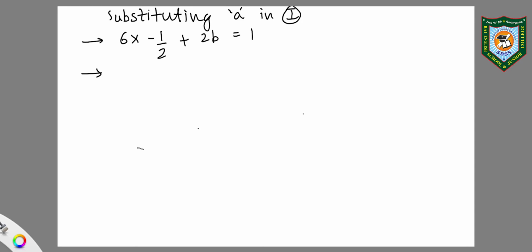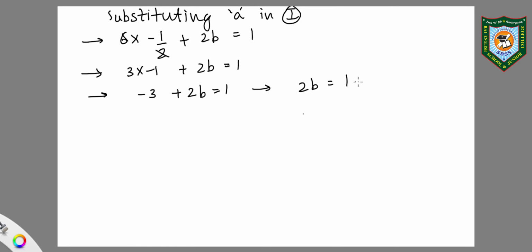So 6 into 1 by 2, 2 and 6 cancels out. I am left with 3. So I have here 3 into minus 1 plus 2b is equals to 1. Now 3 into minus 1 is minus 3. So I have minus 3 plus 2b is equals to 1,